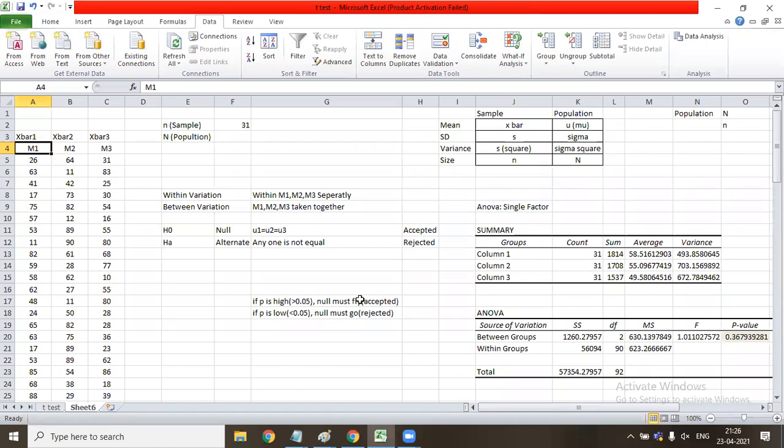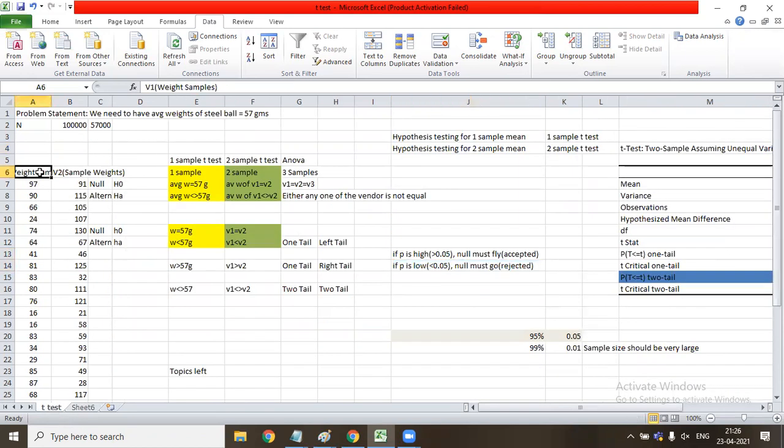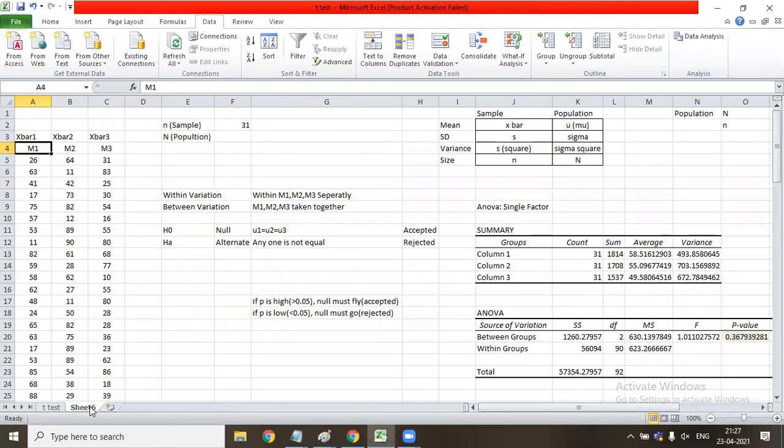Let's say I have conducted this test. What is the error associated with this test? 5%. Yes, sir. When we conducted this test yesterday for two samples, the error associated with it was 5%. If I compare V1 with V3, again 5%. Then V3 and V2, again 5%. So the error will be 15% for comparing V1, V2, and V3 samples. But here it is 5% only. Yes, sir. Got it.